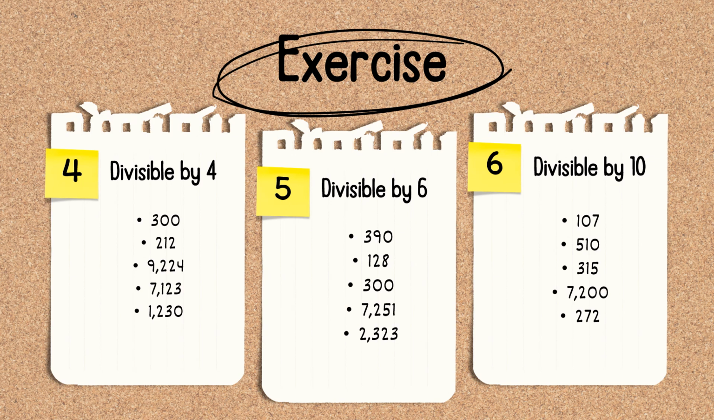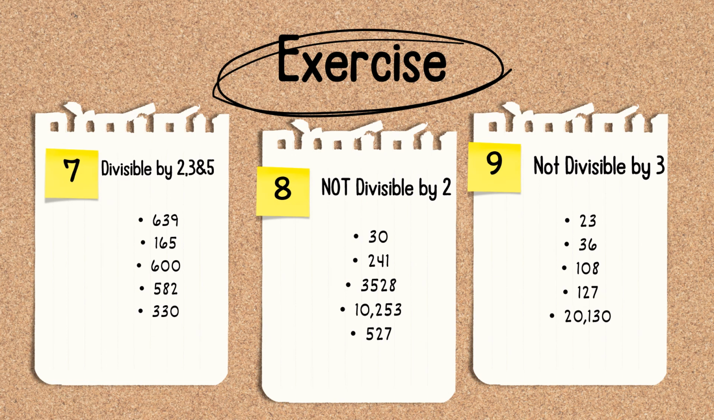510 is divisible by 10, it ends with 0. 315 doesn't end with 0, so it isn't divisible by 10. 7,200 ends with 0, so it is divisible by 10. 272 doesn't end with 0, so it is not divisible by 10. And we go to,